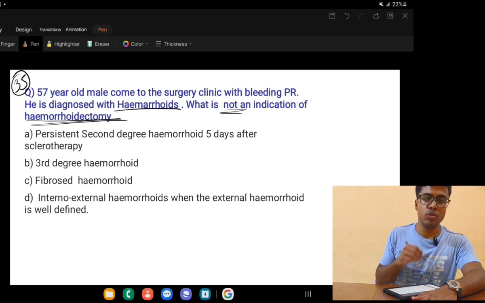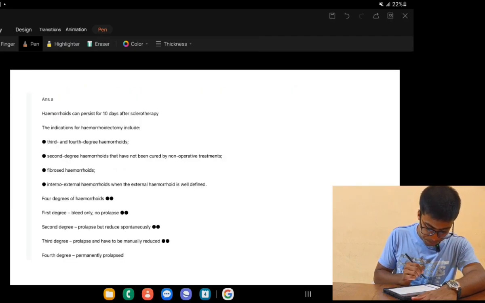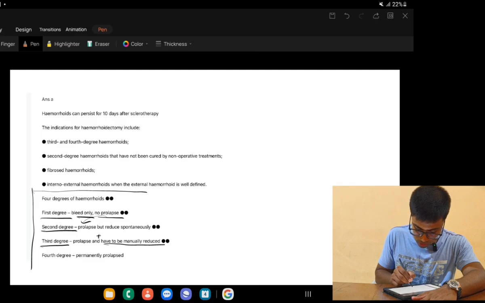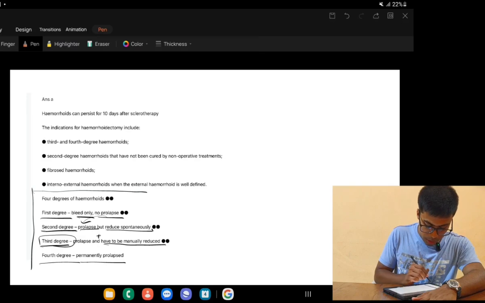So before this, to solve this question, you should know the grades of hemorrhoid. There are four degrees or grades. First degree, bleed only and no prolapse. When there is a prolapse, it becomes second degree. When there is a prolapse that reduces manually and not spontaneously, then it's third degree. Prolapse with spontaneous reduction is second degree, and fourth degree is permanently prolapsed. So in this case,